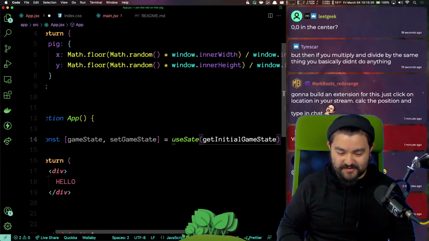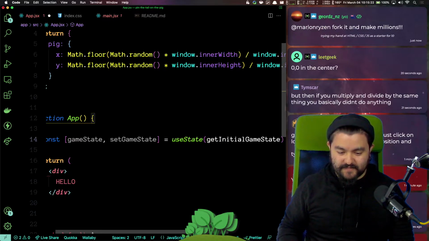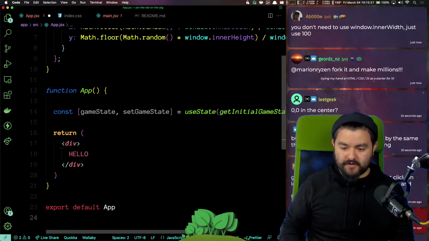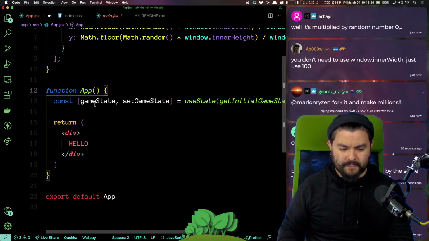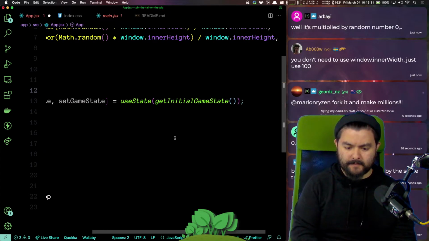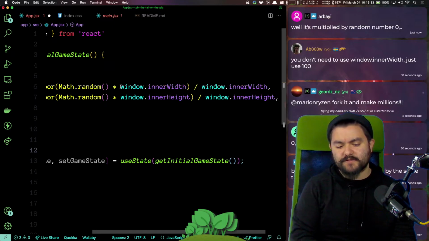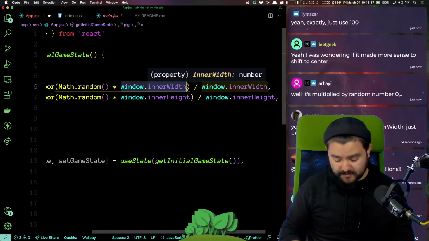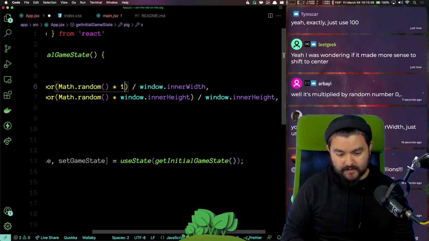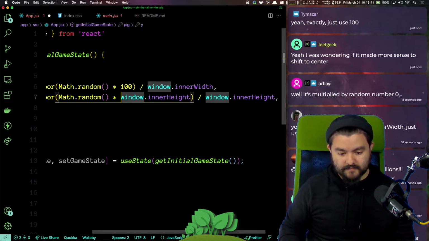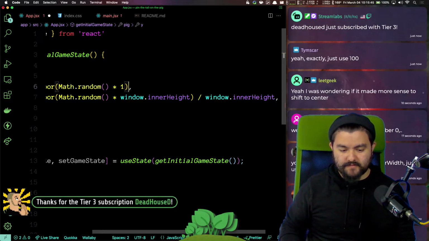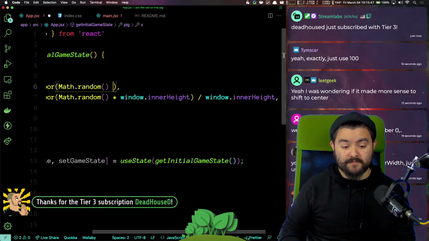So we're going to initially get the game state like this. Yeah, you're totally right. I could just do out of 100, and just get a random value between 0 and 1.